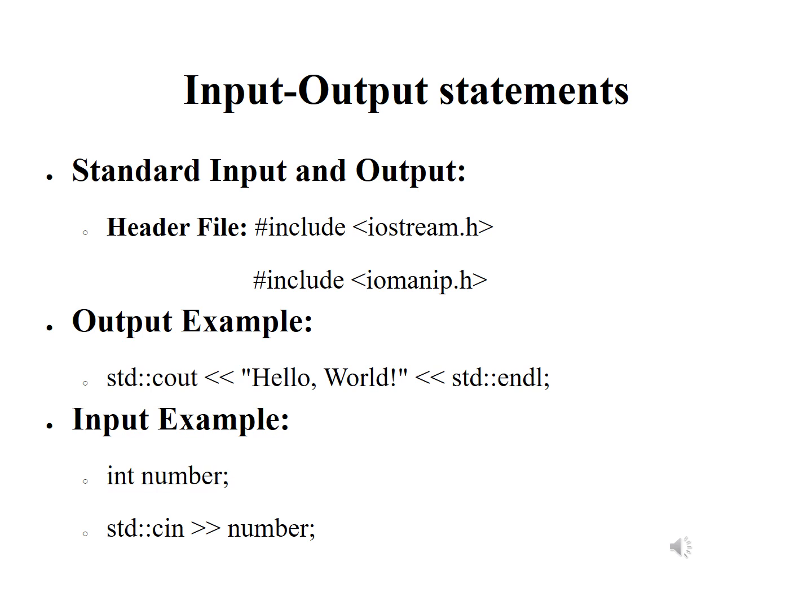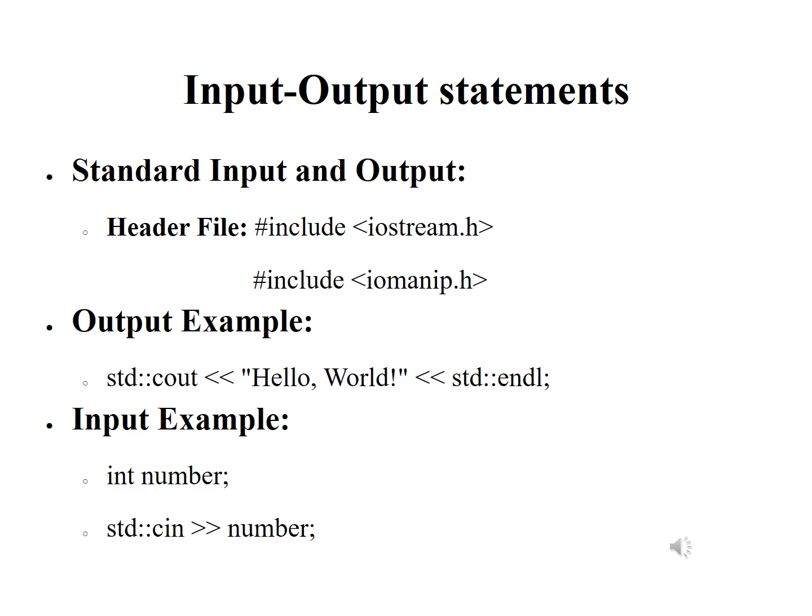If you want to write an output on a screen from a C++ program, you have to write the statement like this. std is the namespace and cout is the function. For that, we use the two less than symbols, and whatever you want to write, like the hello world I have written, goes after them. After that, again you write std::endl.